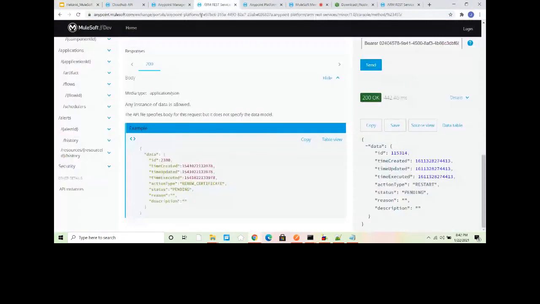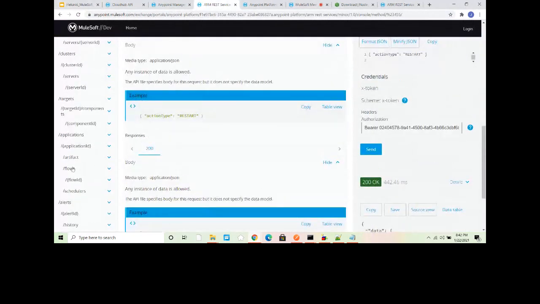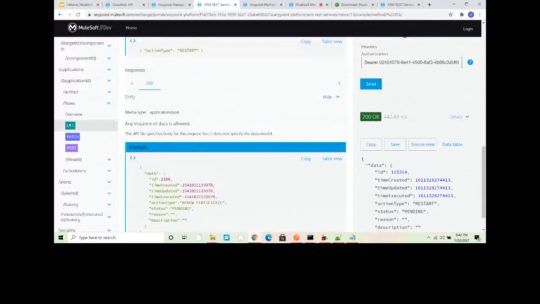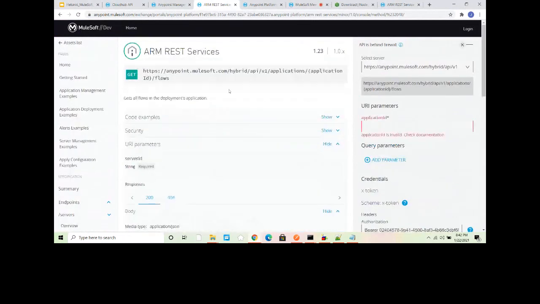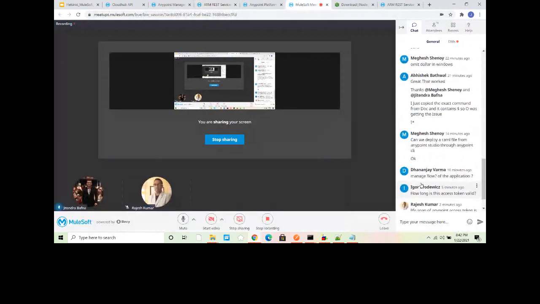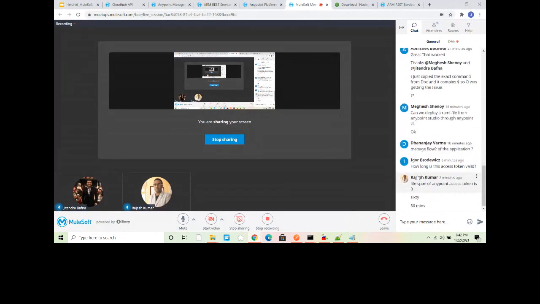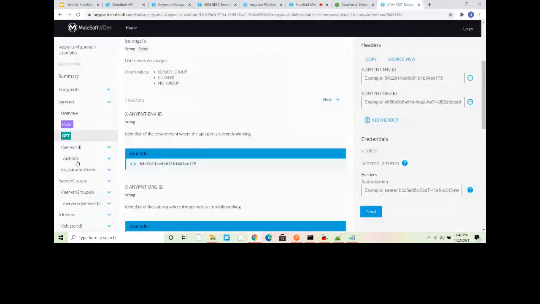If you see in the chart, yeah, it's there. We can manage the flows and everything. You can see it here. We have an API for that. Dhananjay, manage flow. Oh, yeah, you can do that. You can stop, you can start, you can disable your flows, everything. There is an API available for that.